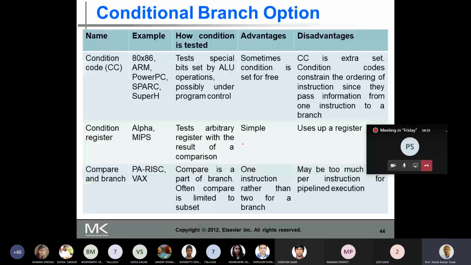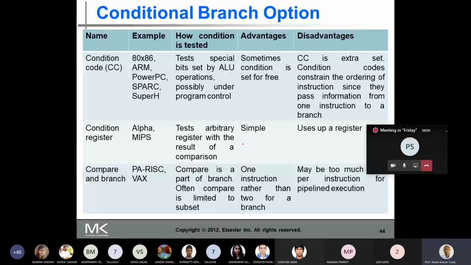Now let's look at the condition register. MIPS uses the condition register. What does this processor do? It tests an arbitrary register with the result of a comparison. It performs a comparison operation, the result of the operation is written into a register, and that register will be tested for the condition.